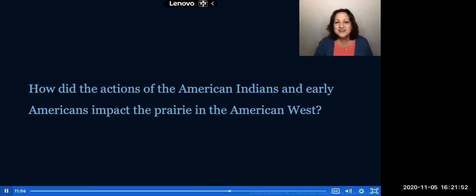How did the actions of the American Indians and early Americans impact the prairie in the American West? Today, you'll be using an evidence organizer to gather evidence from the text to help you answer this question.